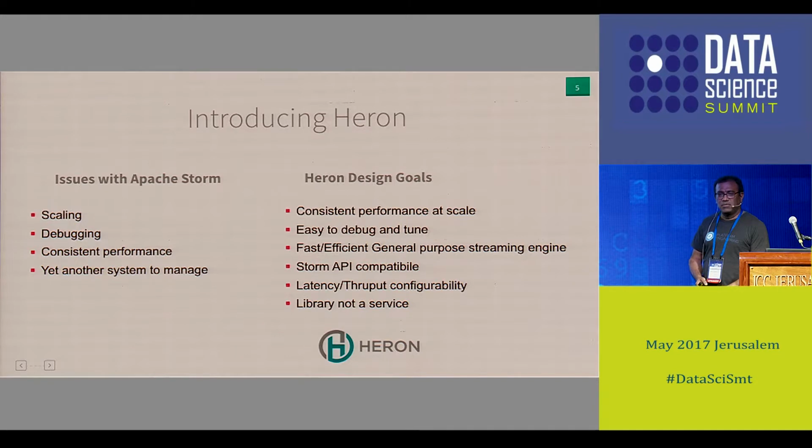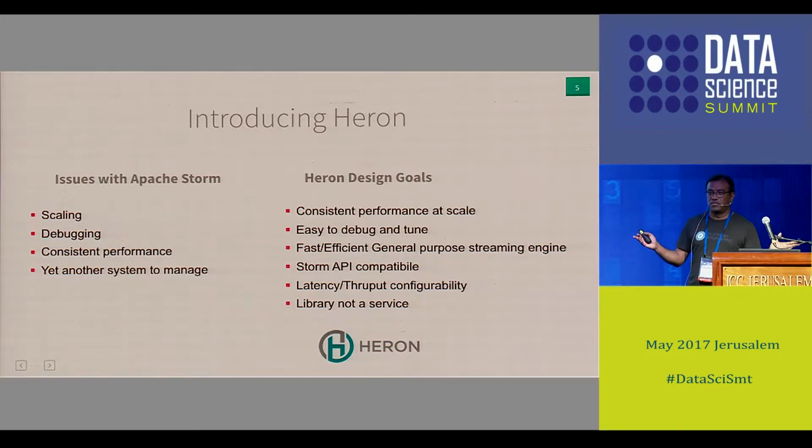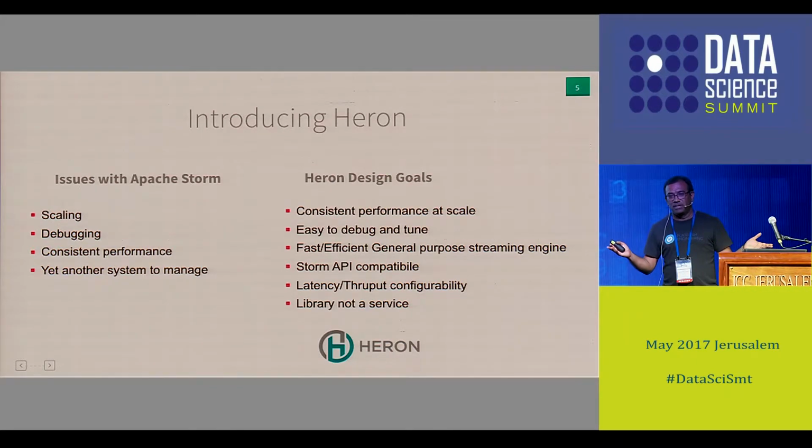At the time, we were evaluating Spark Streaming, Samza, and a couple more candidates, and none of the streaming solutions scaled to our extent, because one of the simple tests that we do is, can we do it for 100 nodes? We tried to run jobs on 100 nodes, and all of the systems pretty much failed on those. At that point, we figured out it's probably better to go from the ground up thinking with scalability in mind so that we can operate that system at a higher scale.